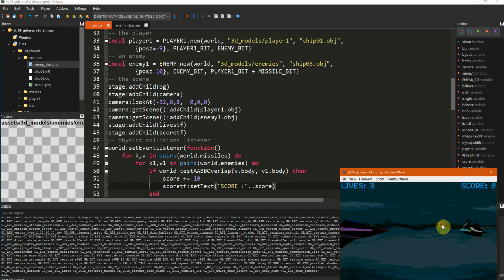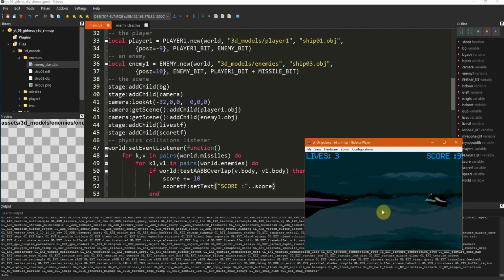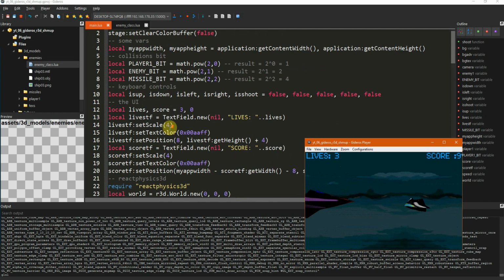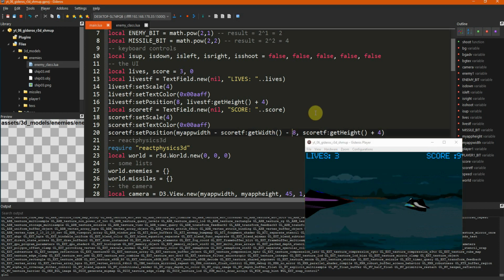Let's test. Okay, cool. When I press fire and I hit the enemy, but now the body of the enemy has moved. It's no more in this position, so we don't score anymore. Okay, and maybe let's move the score a little bit to the score text field minus 16, and here let's do the same padding.